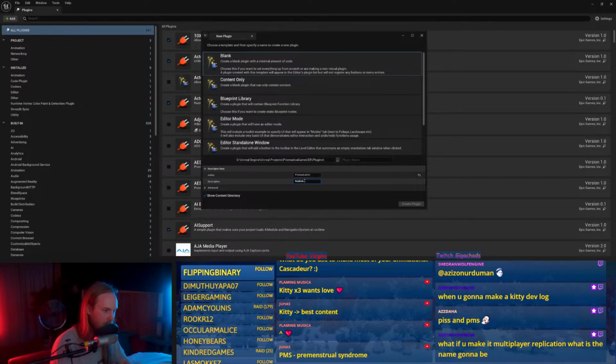It's a realistic actor movement component. Advanced, don't care. Show content directory after creation. Cool. Plugin name, Prims. Inertial movement system. I think PIMS is good. Create plugin.